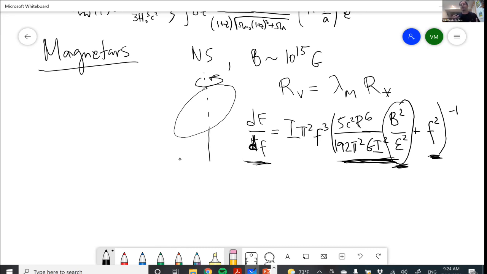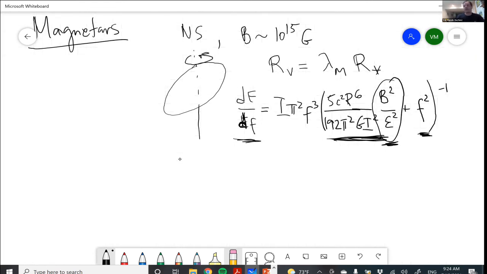You can think of it as a way of parameterizing how non-spherical the object is, and it really is defined, I believe, as something like I1 minus I2 divided by I3. But it's defined in terms of the moments of inertia around each of the three axes, and it encapsulates the non-sphericity of the objects. So this would be